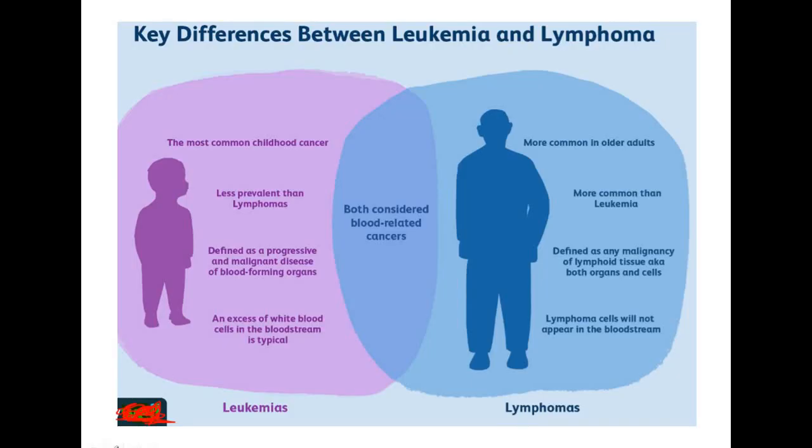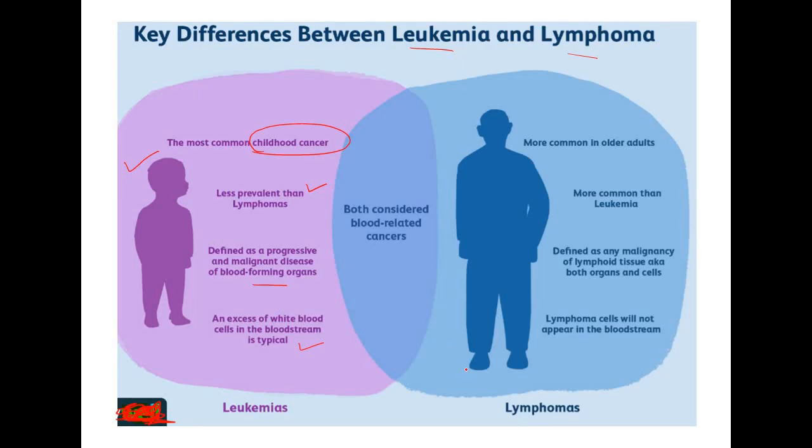This one I have shown in an image that differentiates between leukemia and lymphoma. Leukemia is most common in childhood cancer. It is less prevalent than lymphomas. It is a kind of blood cancer, defined as a progressive and malignant disease of blood forming organs. Third, an excess of WBC in the bloodstream is typical. This is leukemia. You can see this is a kid in the image, and